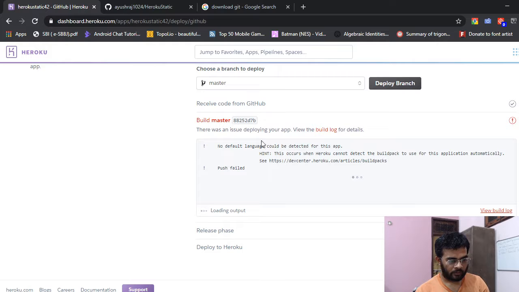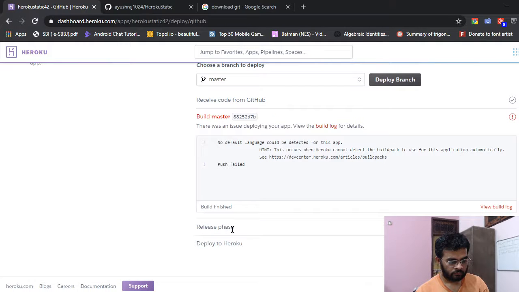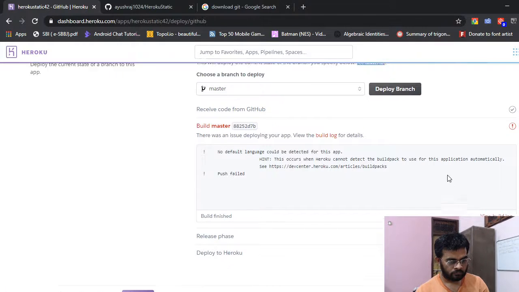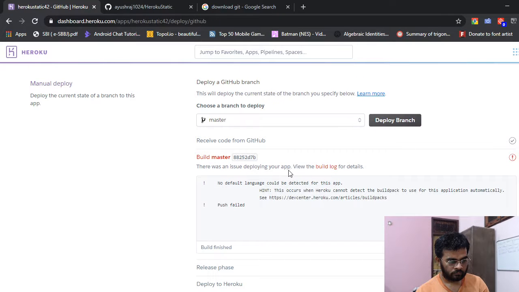Received code from GitHub. This occurs when it cannot detect the build flag to use for this application automatically.